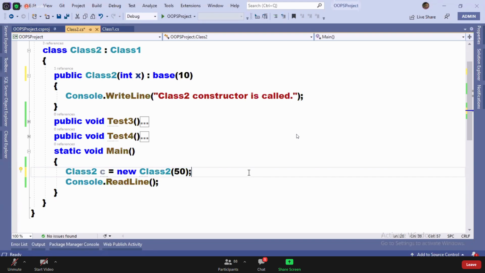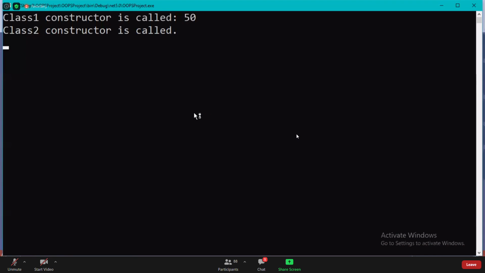Just going to pass a value, and now this particular value will come here, and now I can pass this value to the parent. See, now the value 50 comes here.